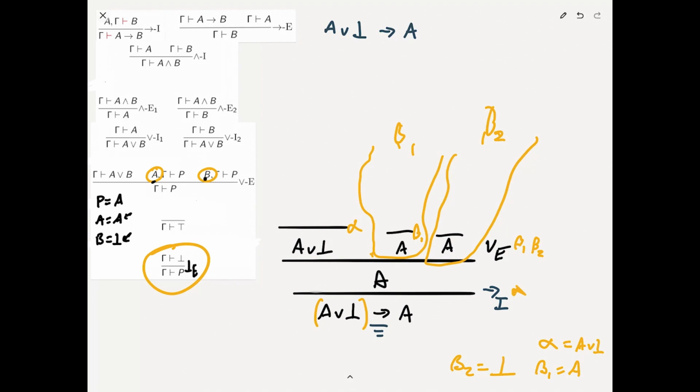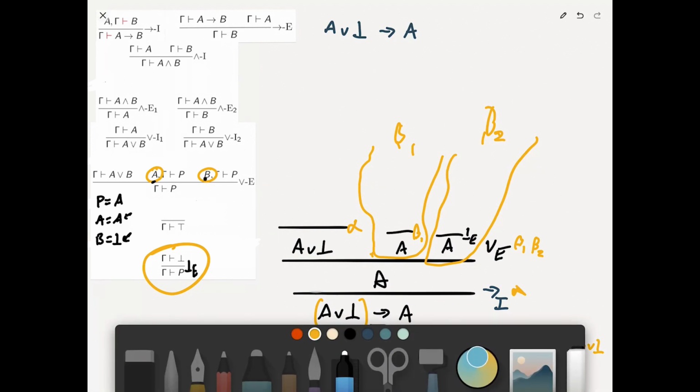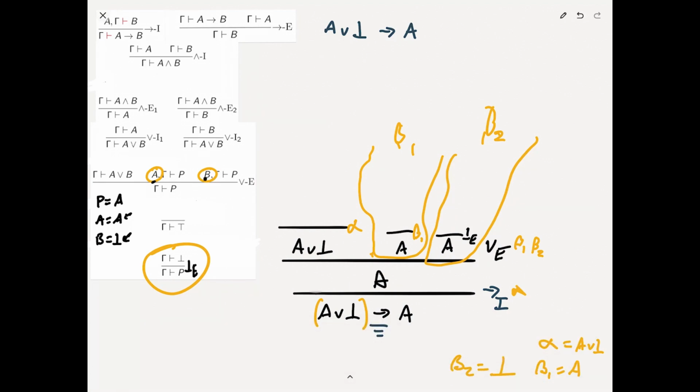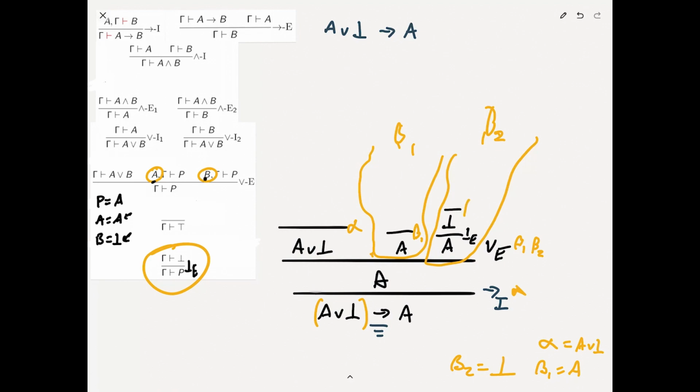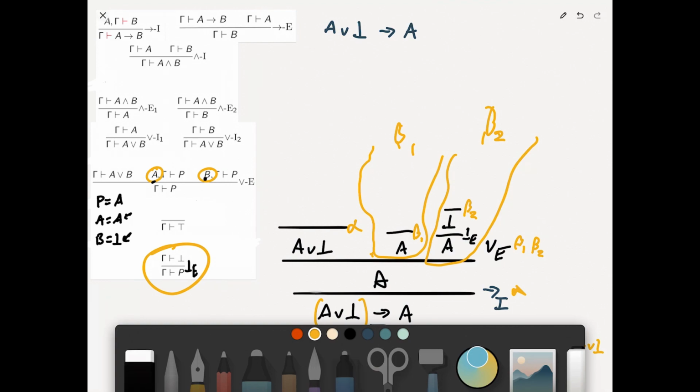So we'll use false elimination, and now I need to prove false instead of A, and the way I prove false is with my assumption beta 2. Okay? So what we can do, just to make this extra clear, if it's hard to follow where all of these assumptions are coming from,